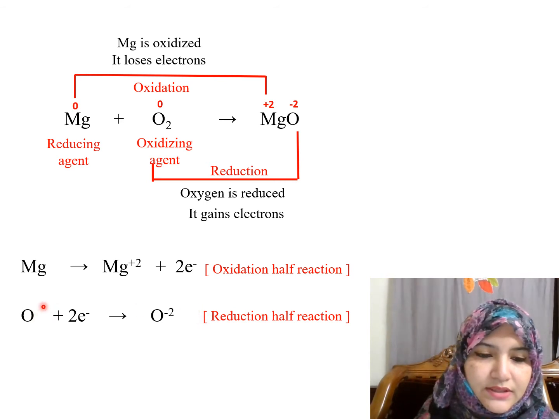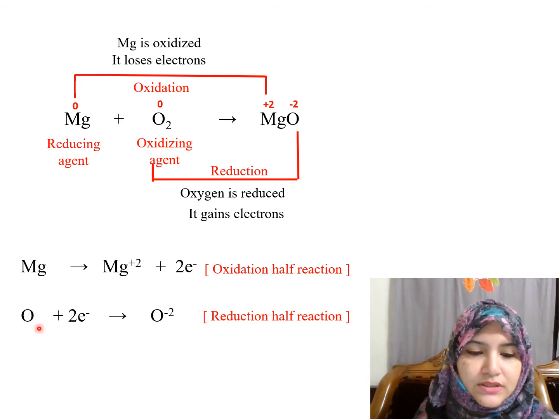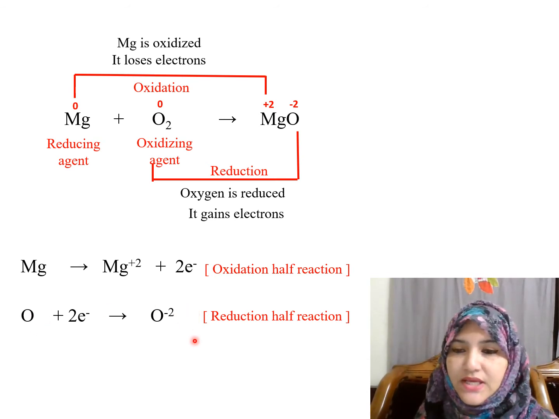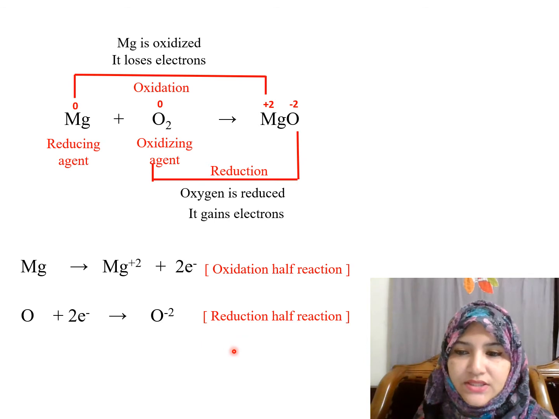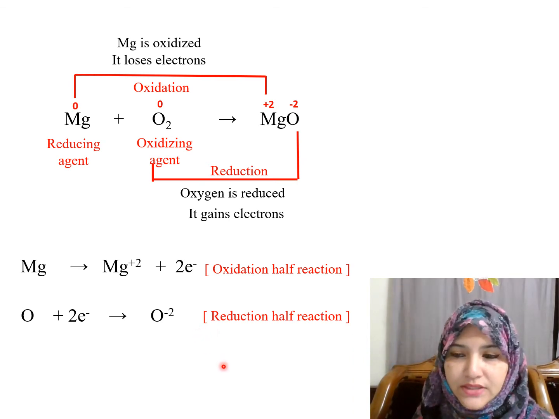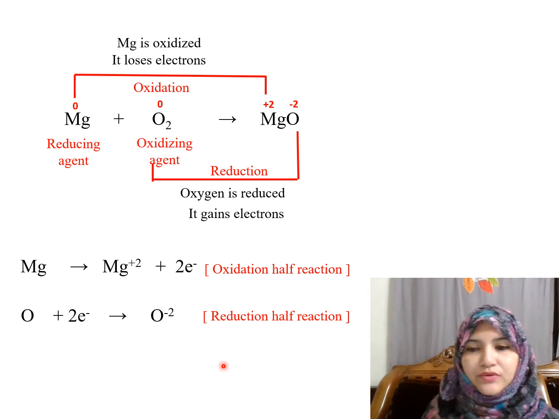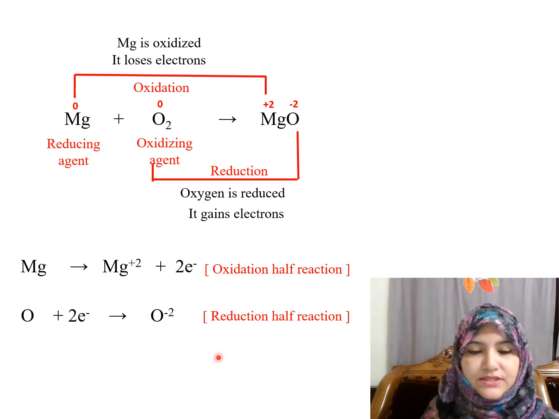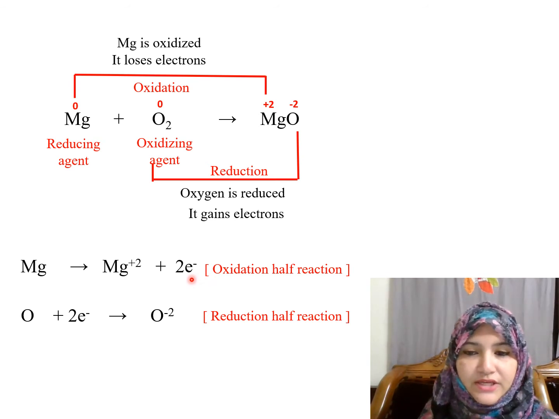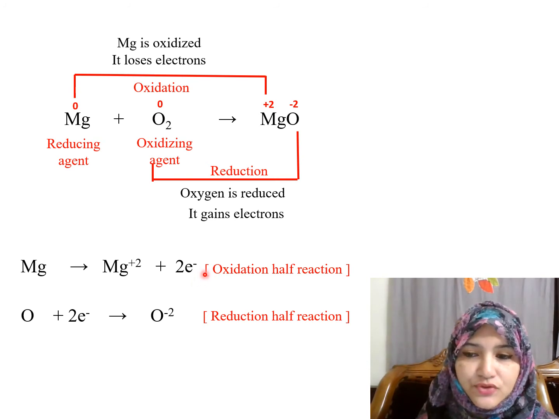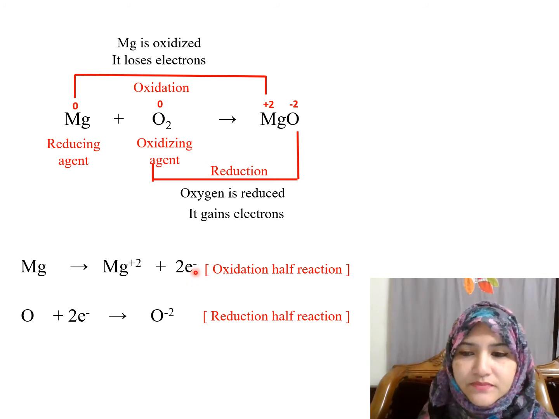Here we can easily observe the oxidation state decreases, and that's why it's the reduction part of the whole redox reaction. Now for half reactions, when you have an electron on the right side, this is an important concept for any half reactions. Anytime you have electrons on the right side, it is going to be an oxidation half